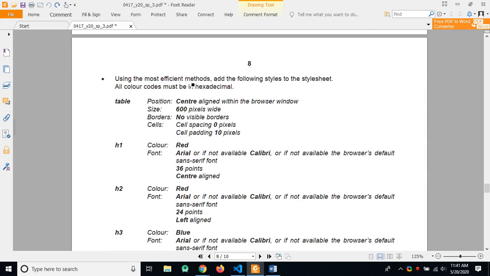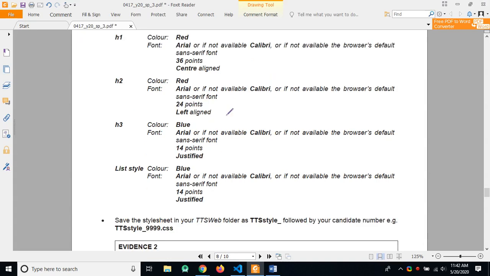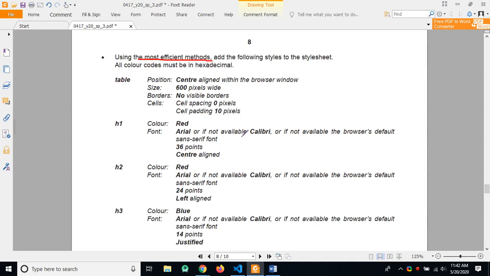Using the most efficient methods, it's very important. Most efficient methods. Add the following styles to the style sheet. All color codes must be hexadecimal. Okay. So we will use the following styles in our styles, and then if they share something in common, we will use efficient methods to make the code less. Okay,